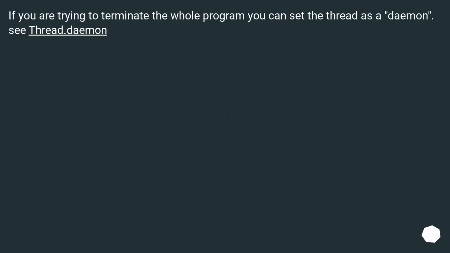If you are trying to terminate the whole program, you can set the thread as a daemon. See thread.daemon. Please consider